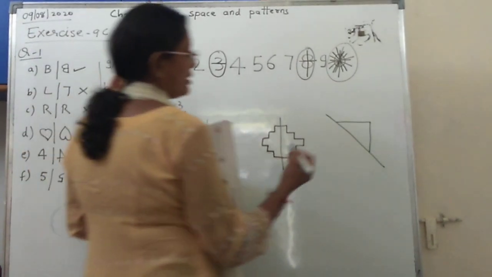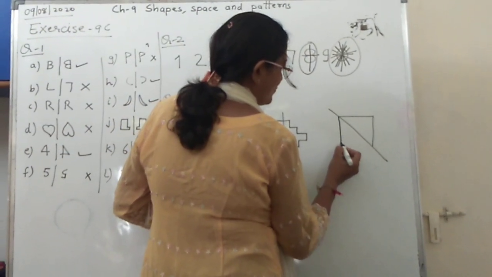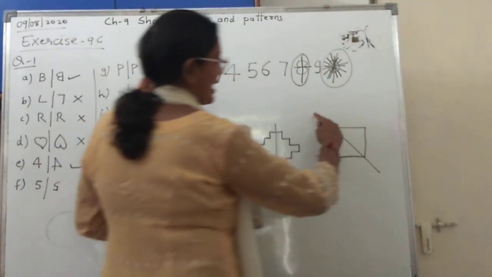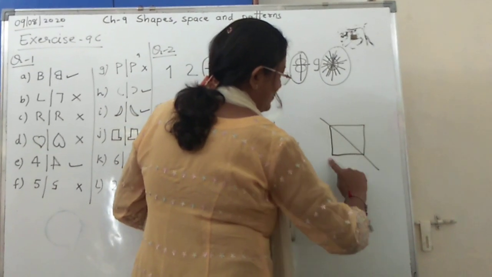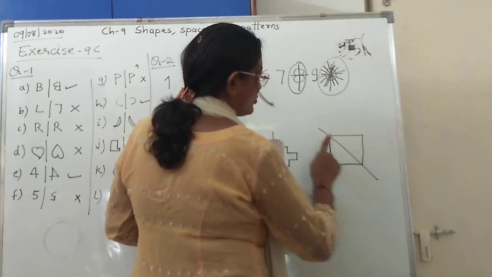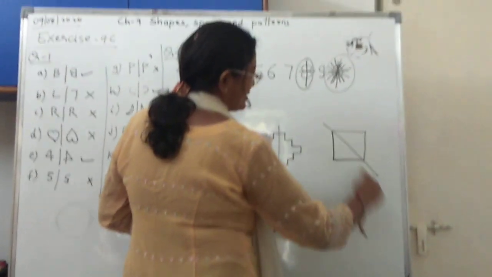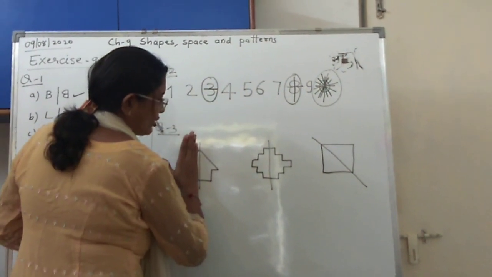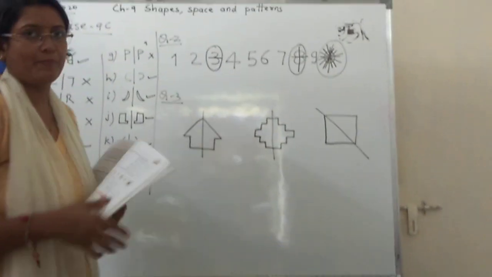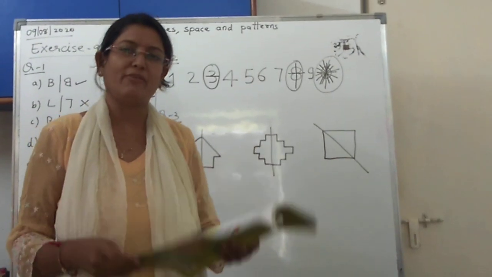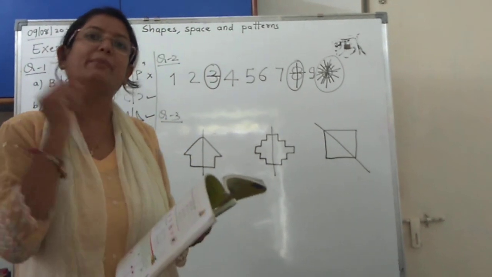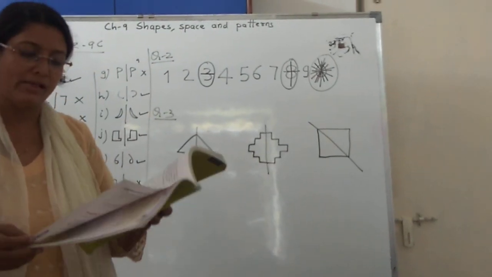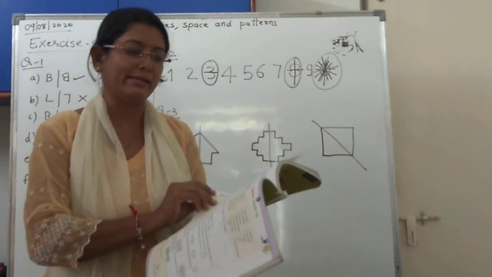This is the other part. Once again here and here, right? Because the line of symmetry is in cross, this tip is on the opposite side of this. You cannot draw like this here, because it is in cross. If you keep the mirror here, whatever you can see in the mirror, you have to draw on the other side. This way you have to draw the reflective image or symmetrical image on the other side, and the line of symmetry you have to draw in such a way. I hope you are clear with this. And we have completed our exercise 9C.